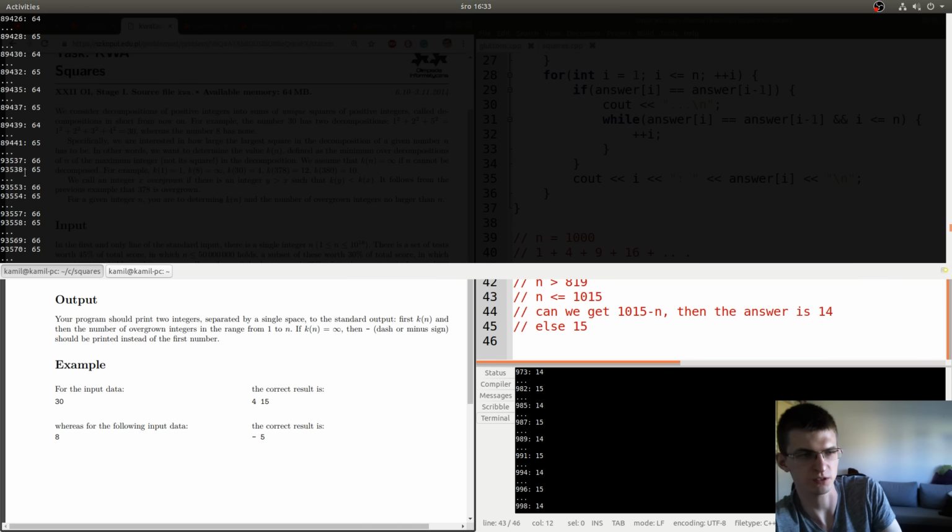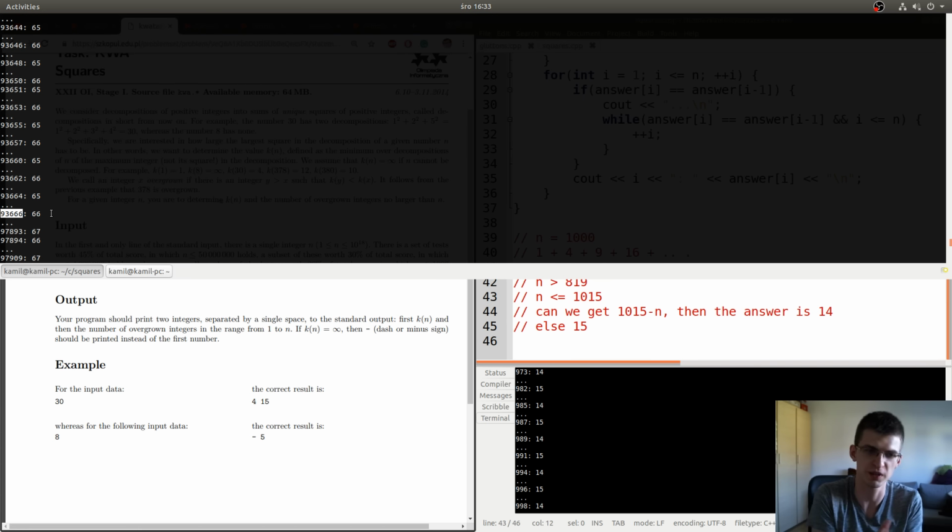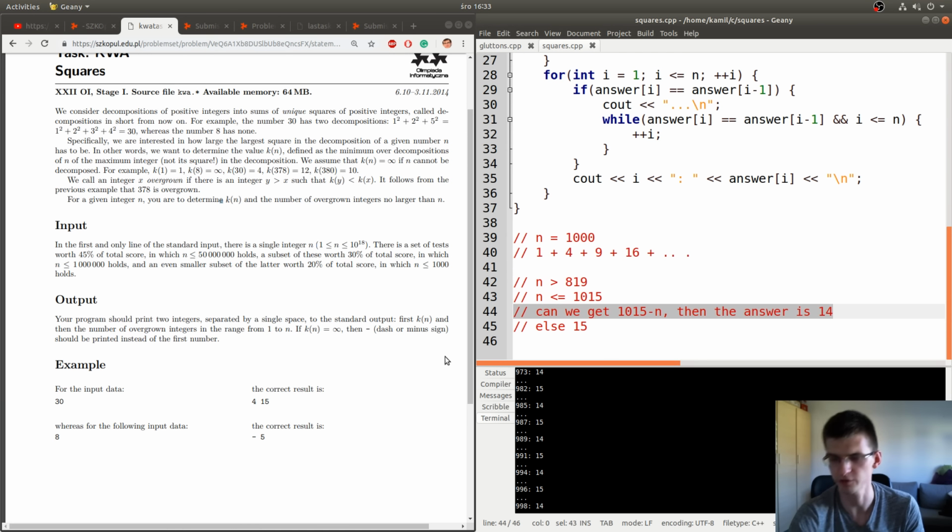Adding 128 to this, we get around 93,66x, and the observation is that starting from this moment, we can always get that thing plus 1. So here we have 66 instead of 65, because in this formulation of what we want to check,